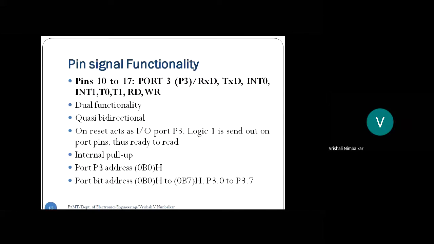So refer to it by name P3 or by address B0. Bit addresses B0, B1, B2 up to B7. Bit names P3.0, P3.1, up to P3.7. Is that okay? So these were related to port 3 pin functions of pin number 10 to 17.